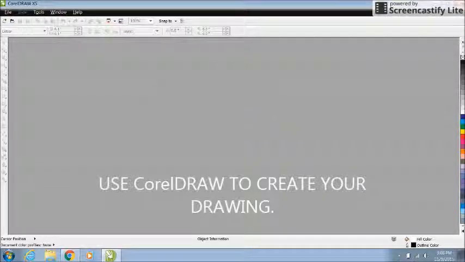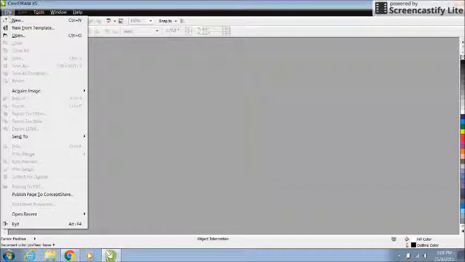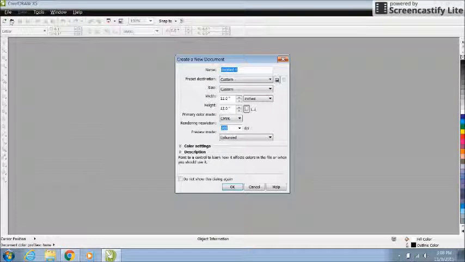Now, there was a little box that came up here, a white box. I closed it. It's not really necessary. You can go to File, and you can start a new picture. Now, you'll want to name it, and I suggest you use your last name as the file name,